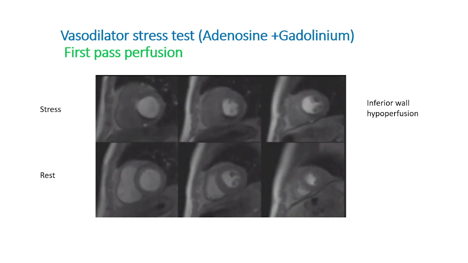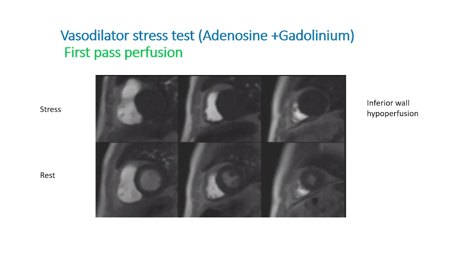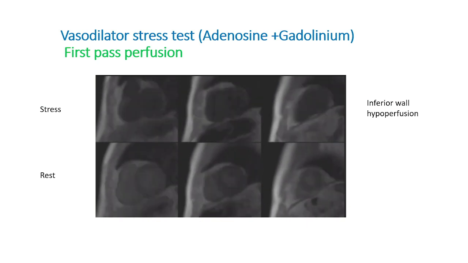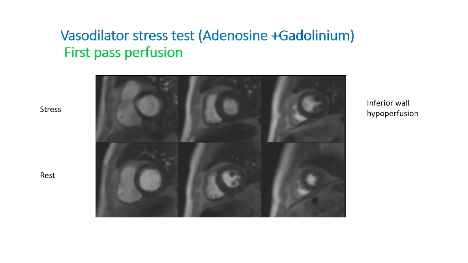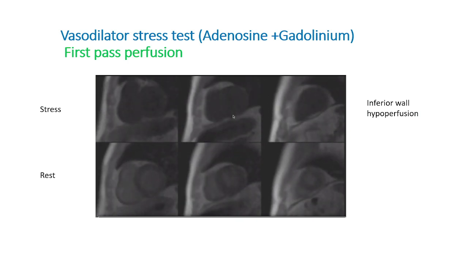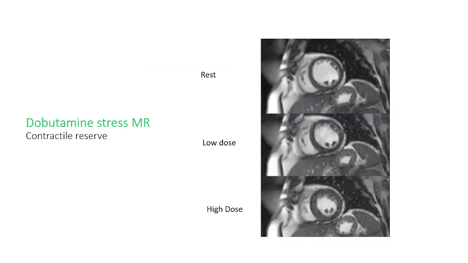The upper row is the stress, always the upper row is the stress, showing the hypoperfusion in the inferior territory, and in the rest perfusion there is no hypoperfusion defect. So there is inducible ischemia in the inferior segment, whether it may be RCA or LCX, depending on the dominance. So perfusion CMR is a class 1 indication for revascularization, and mostly it is for the intermediate lesion, the LCX lesion, showing the lateral hypoperfusion. And like echo,